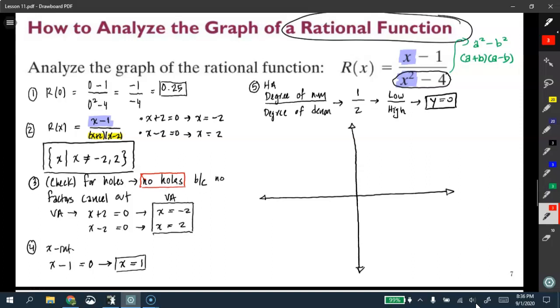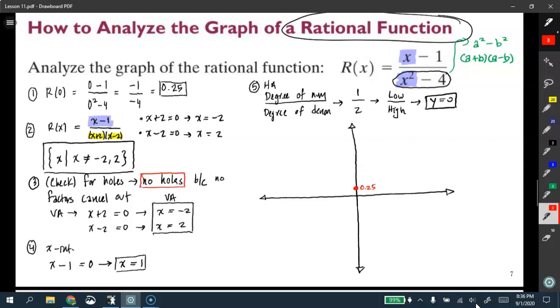In step number 1, what did we discover? That the y-intercept is 0.25. So that's very close to the x-axis. So I'm going to pick a number that's relatively close to the x-axis, and I'm going to label it as 0.25. And basically, we know that the graph certainly needs to travel through 0.25. Step number